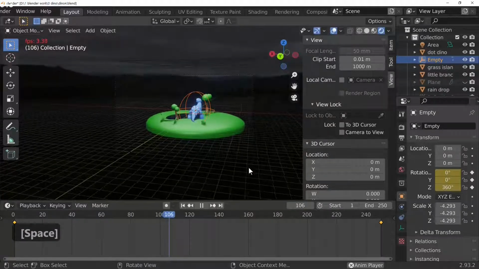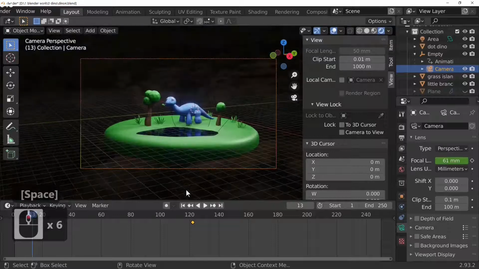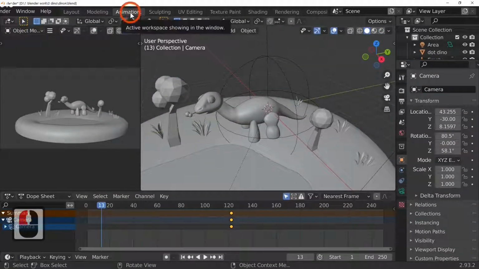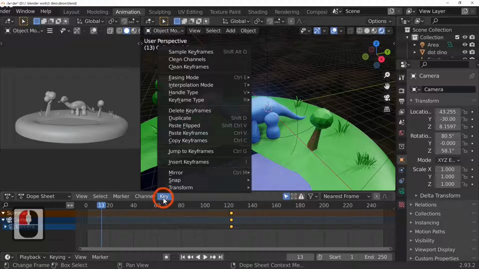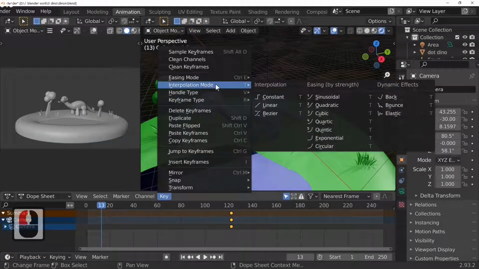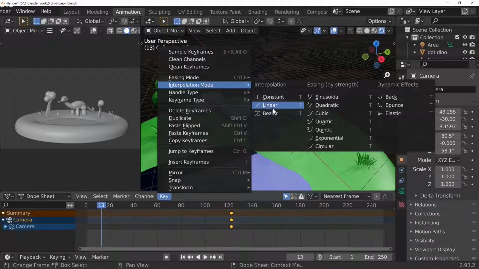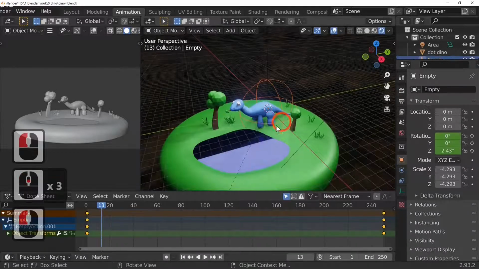Just stop it there, and I'm going to take it back to frame 1 by pressing shift and left clicking my arrow. But the other thing we've got here is, because this is not moving linearly, we want to change this to linear. So click on animation, put it to animation, rendered mode. And what we've got here is a key, and a thing called interpolation mode, and you've got constant, linear, Bezier. So if we set this to linear, then go back into our animation, selecting our empty,